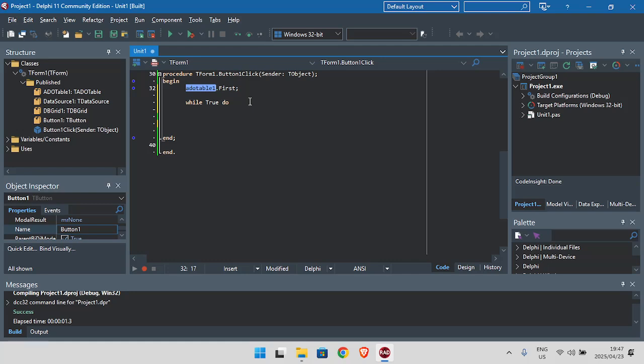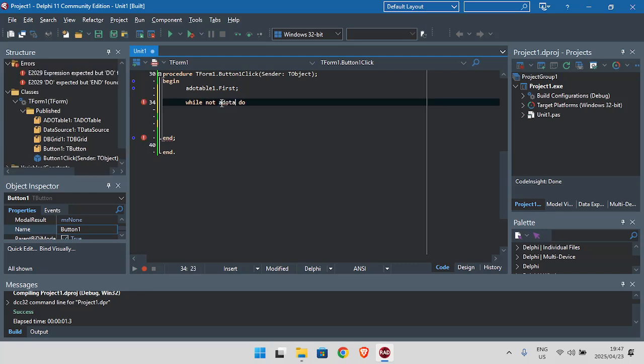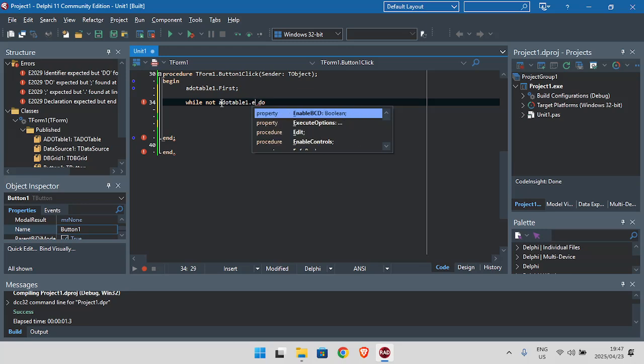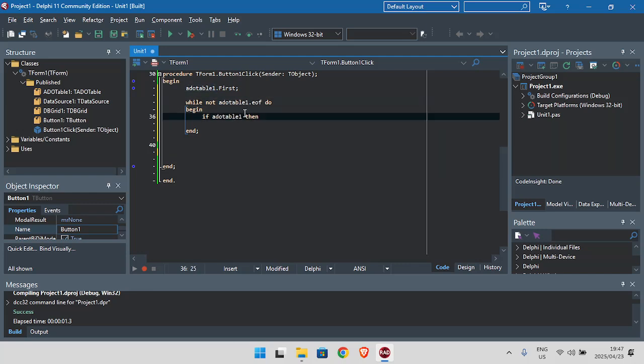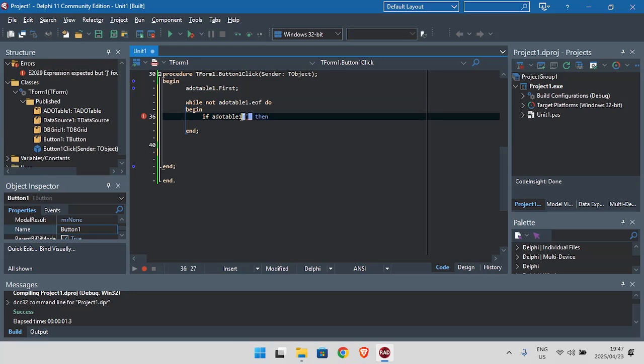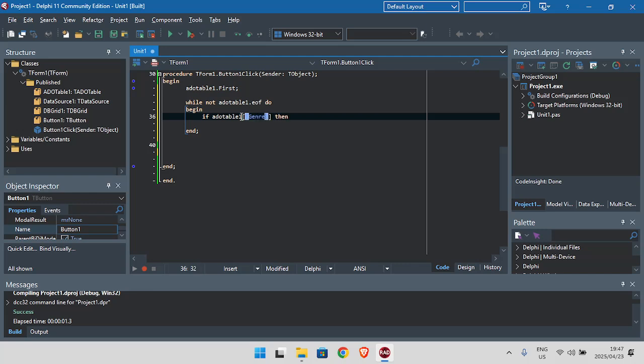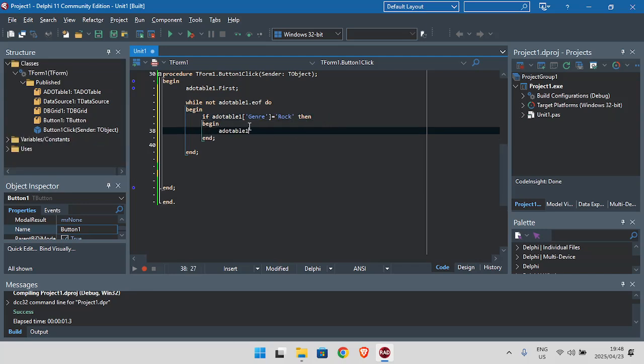So I'm going to say first, then say while not added table one dot end of file. Now I'm going to test to check whether this added table, the genre is equals to rock, because if it's equals to rock, I want to put this added table